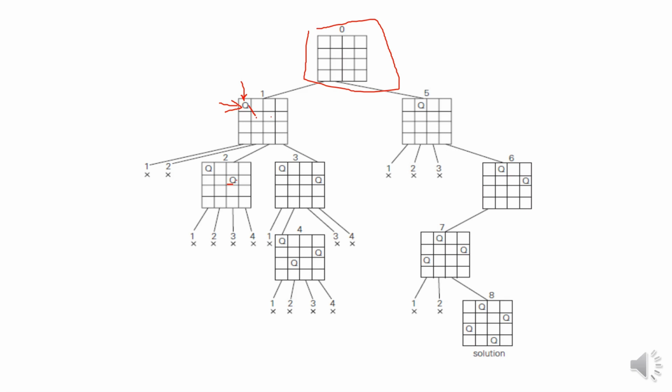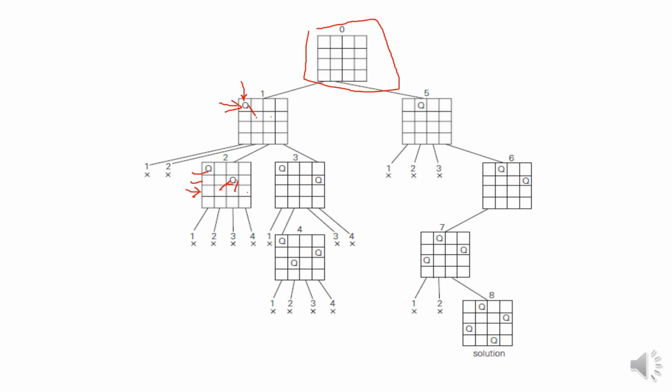Now having found a place for queen 2, you try to see whether, by using this partial solution, you can place queen 3 on the third row. Now when you come to queen 3, it has to be placed on this third row. Can you place the queen on the first column? No. So you try to place it in the second column. But then it violates the constraint of being on the same diagonal. So you try placing the queen on the third column. In the third column, it is in the same column as that of the second queen. So this is not possible.